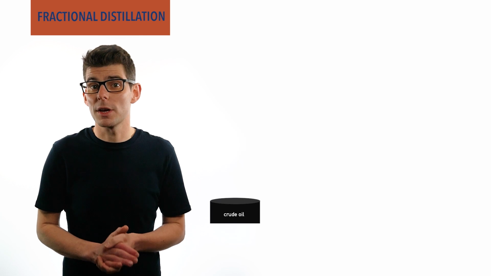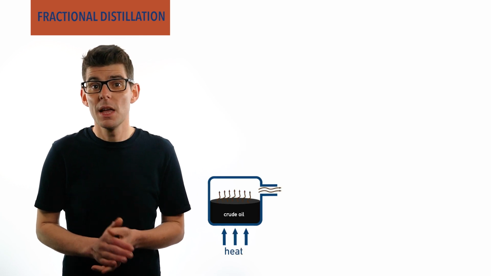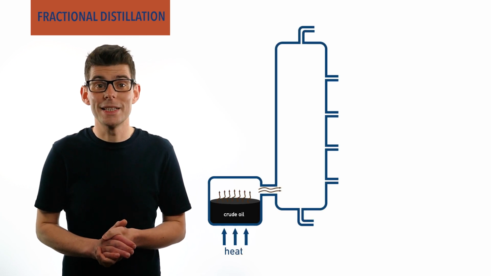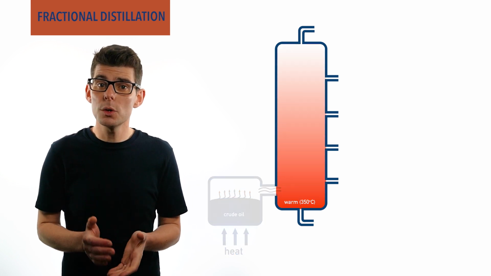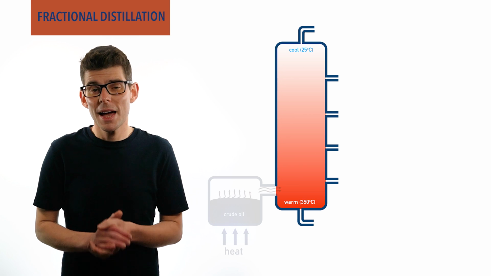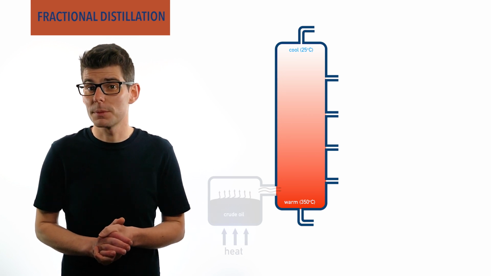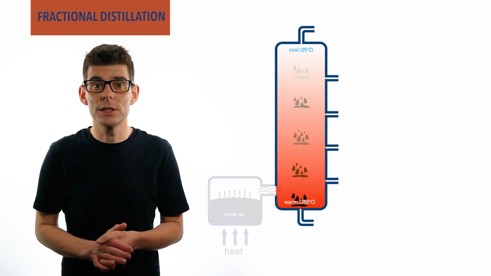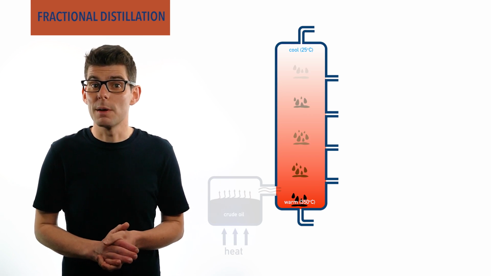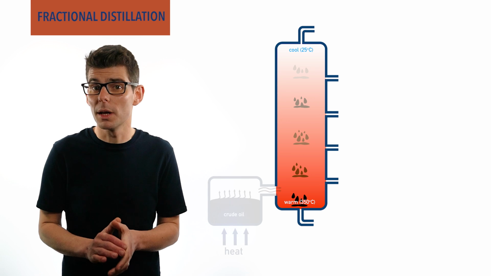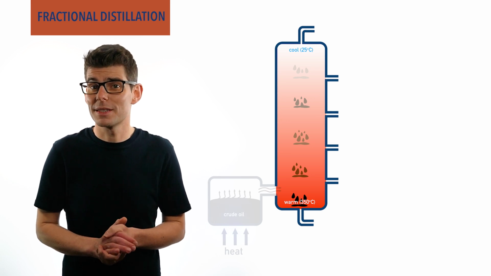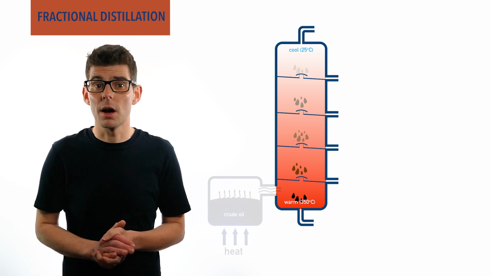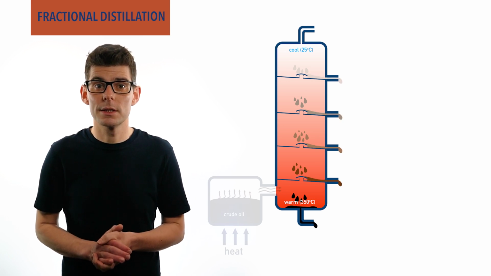The crude oil mixture is heated up and vaporized. The vapor is passed into a fractionating column which has a temperature gradient. The bottom is hot and it gets cooler towards the top. As different length hydrocarbons have different boiling points, they will condense at different heights in the column, turning into a liquid. This happens when the temperature in the column gets cooler than the hydrocarbon's boiling point. By placing valves at different heights in the column, these condensed hydrocarbons can be obtained at different heights, forming what